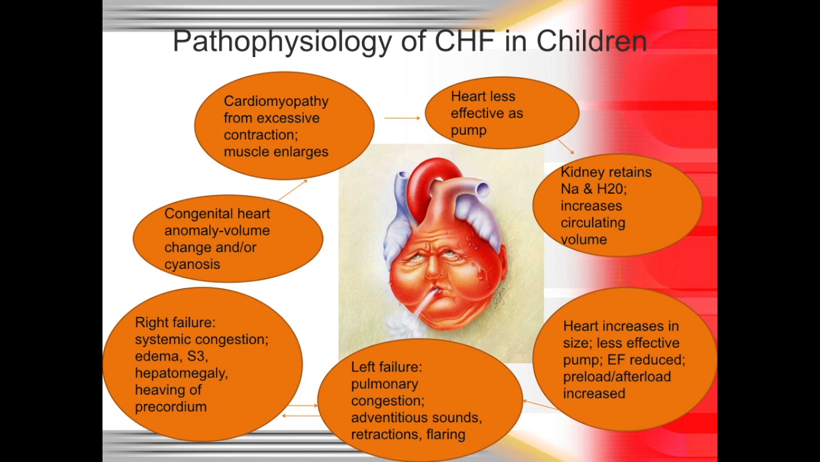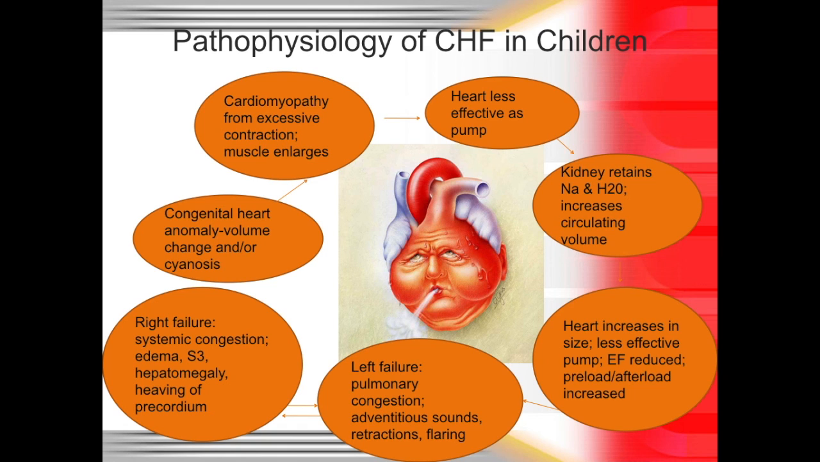The heart is less effective in its ability to pump the blood. As a result, the kidneys do not get the adequate flow that they're used to, so they start holding on to sodium and water, and the circulation volume actually increases. Over time, the heart increases in size, and it becomes less and less effective because it can only stretch its muscle walls so far. As a result, the ejection fraction is reduced, the preload and the afterload is increased, and